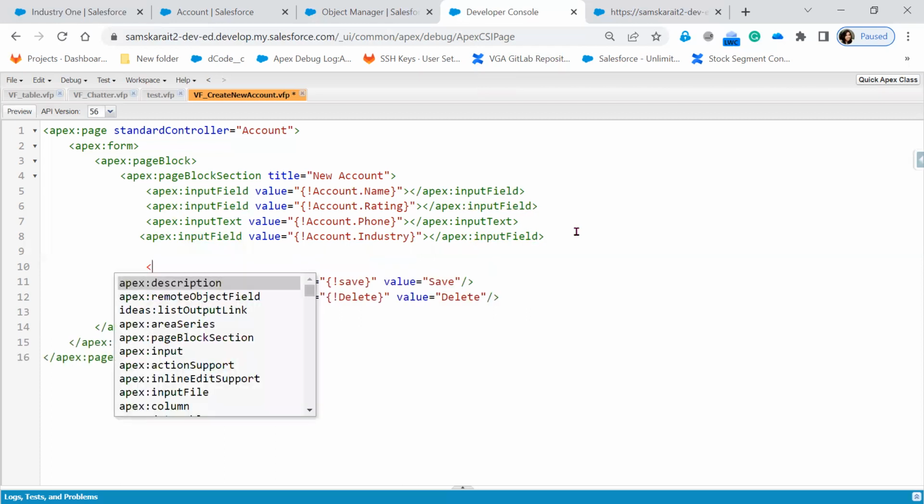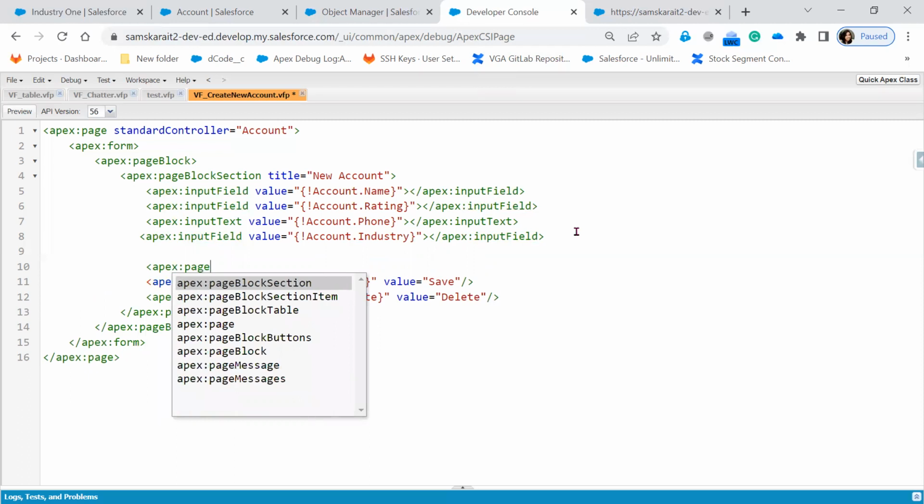So page block buttons, we have already discussed this. Page block buttons is a collection of buttons that sits inside the